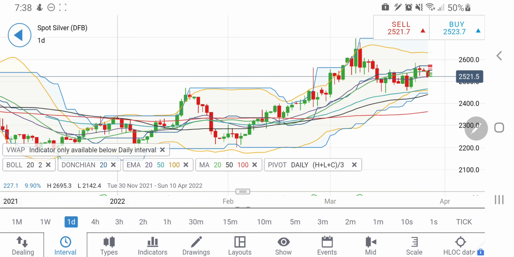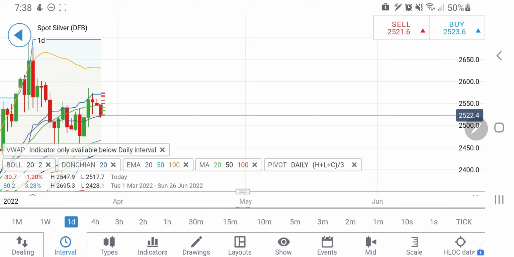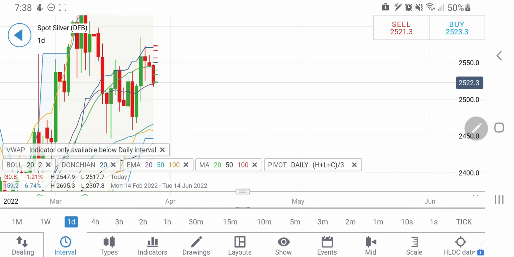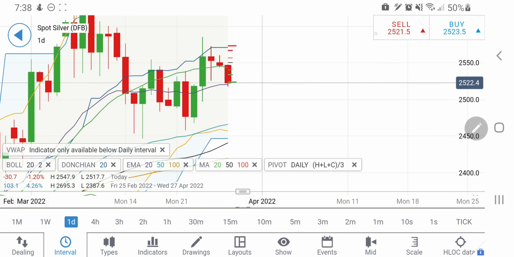On the daily charts, you will find a similar observation. Also look at this, lower highs on the daily charts are observed here, indicating a little bit of bearishness. Any long entry on silver is beyond 2560 levels. Only if it breaks 2560 will I recommend you to go long on silver. Also, on the downside, the support should come into picture at 2500. So it may try to trade, even consolidate, between 2500 and 2560 levels.